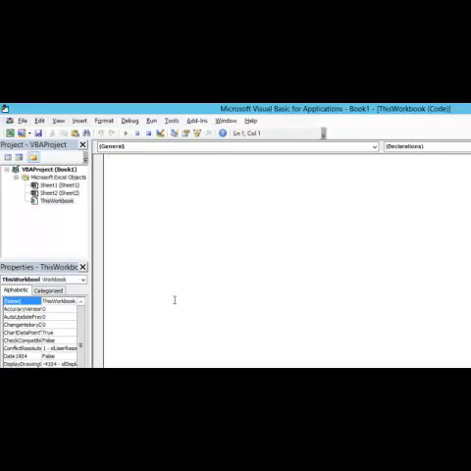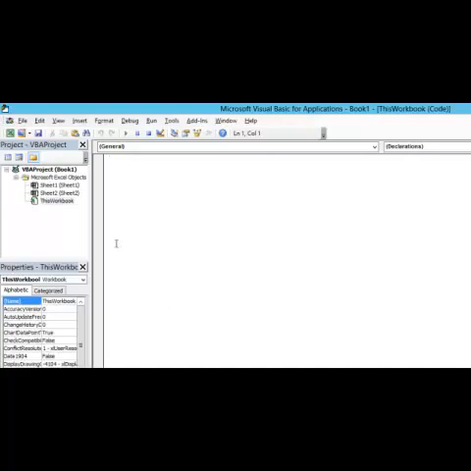We may be writing the code for our user-defined functions, or we may be writing code for our macros, or we may be writing the code for events. So let us understand one by one how we are going to deal with those options.